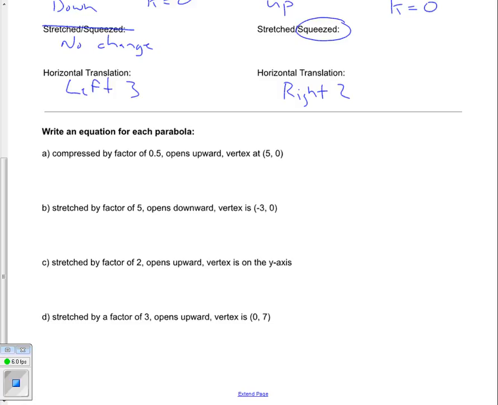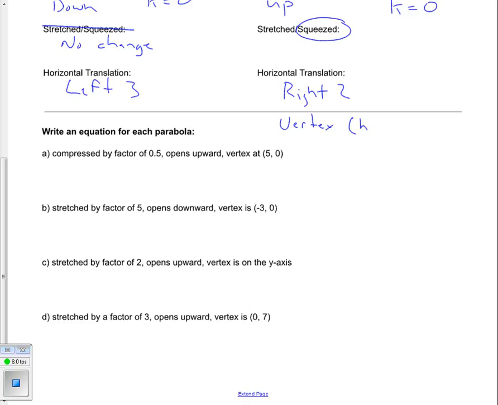We're going to continue to describe parabolas. And given certain pieces of information, we can actually develop an equation for that parabola. And so that's what we're going to do now. Now, one of the really important things to know is that the vertex of any parabola is actually the same